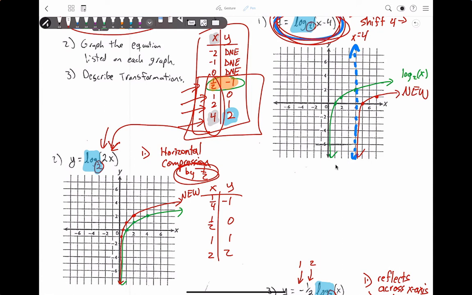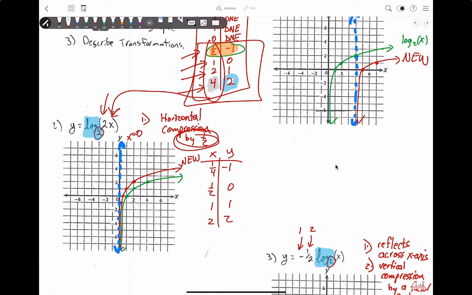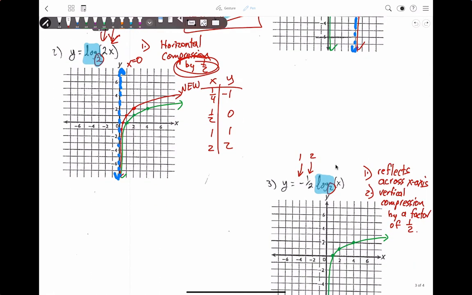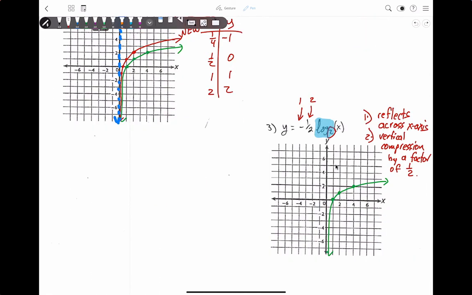Okay, and yes, this one still has a vertical asymptote at x is equal to 0, because there were no shifts. It didn't shift. There were no +3 or +8 or -4 or anything like that, like there was over here. So no shifts means the domain stayed the same. No horizontal shifts, that means. Okay. And let's see. The last one is going to be a reflection across the x-axis, and